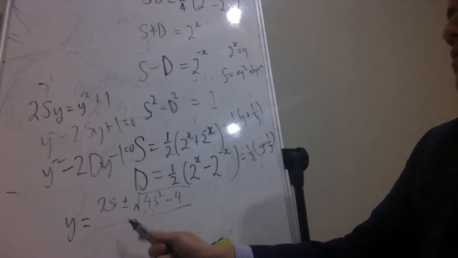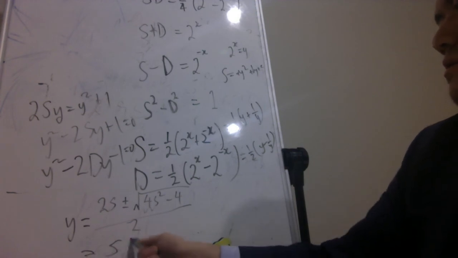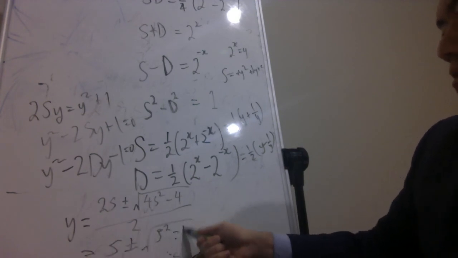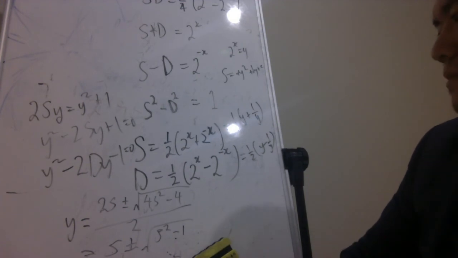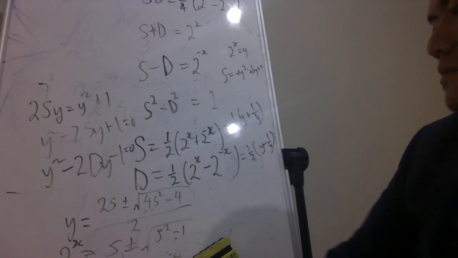The most obvious thing is the 2s cancel, okay? You get s plus or minus the square root of s squared minus 1. But then remember y is 2 to the x, right? So that would mean x is equal to